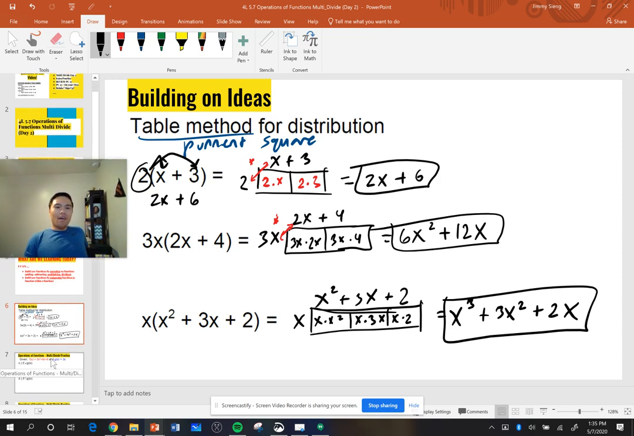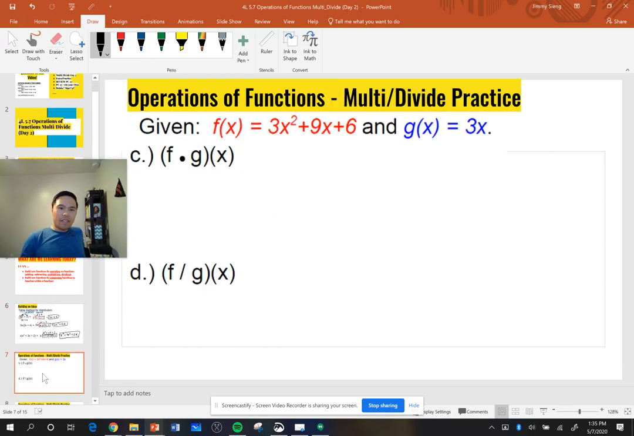So let's make it harder and use our composition of functions. Let's say I have f of x and g of x. All right. So I want to say we can use this table method for timesing. Dividing, it's going to be a little bit different, but we can go through that in a bit. So again, I'm going to do f times g of x. So this just means f of x times g of x,